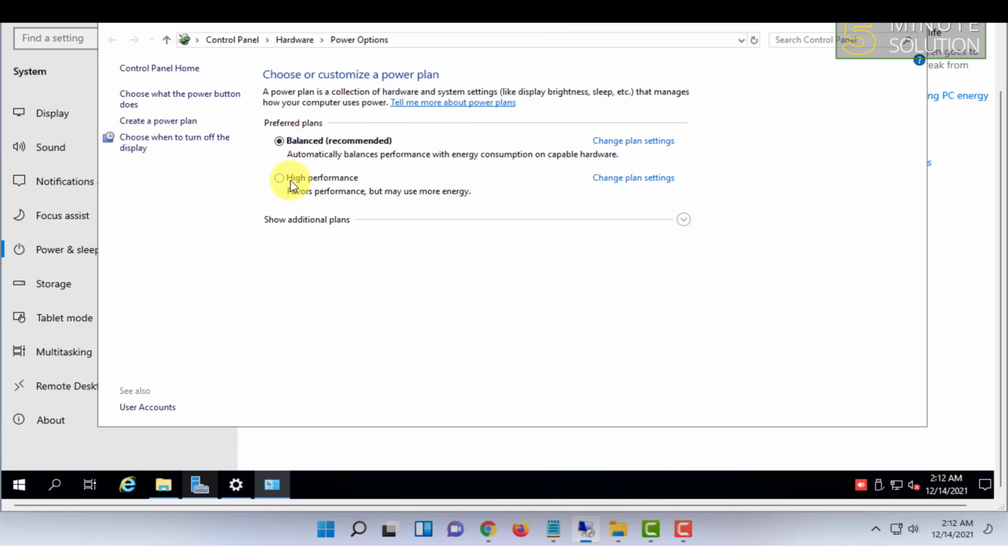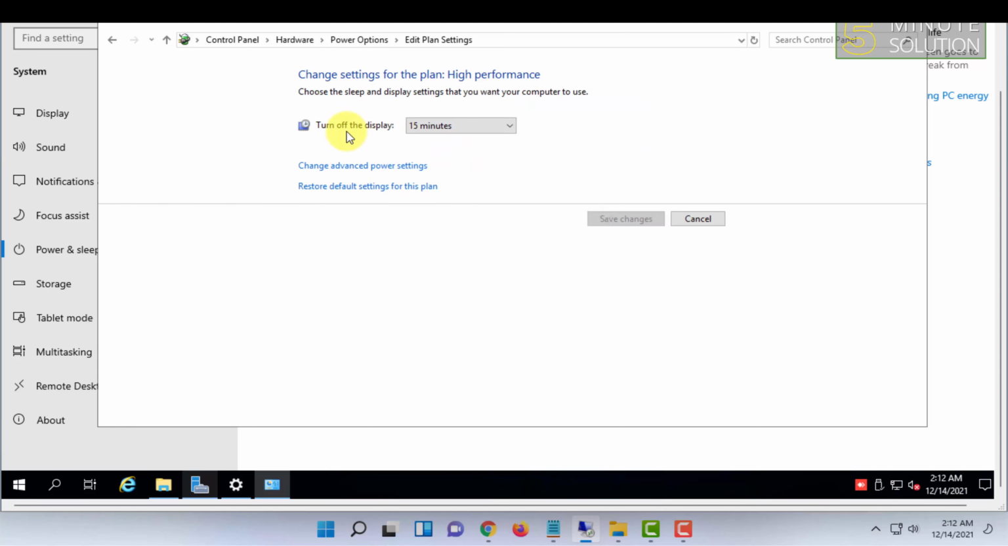Here you have to just click on one thing, that is high performance. You might have some additional plans, very high or something. You always make sure to click on the highest performance settings and click on change plan settings. You can turn off the display or not, it's your wish, but you have to go to change advanced power